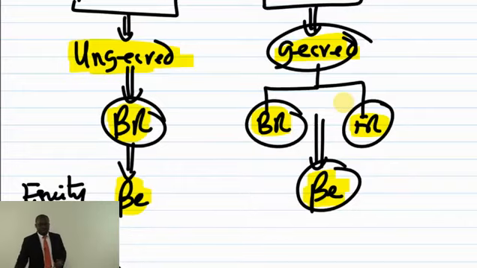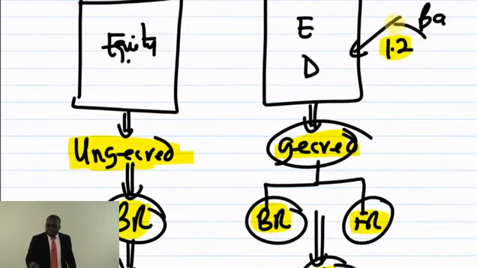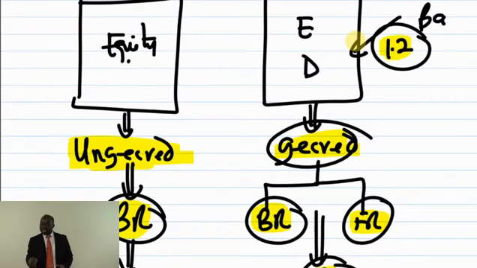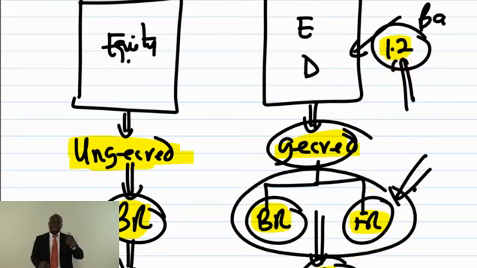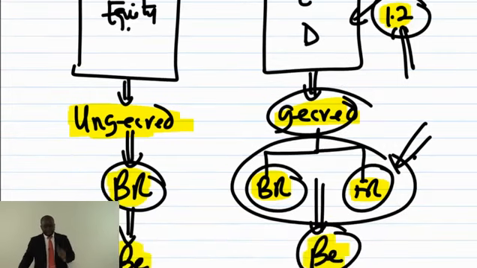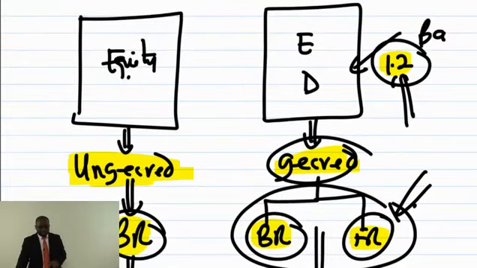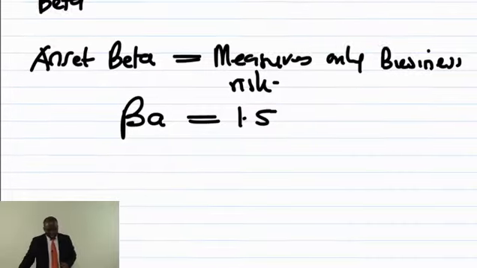So what should I do? I can't say their whole risk is 1.2. I can't put 1.2 in the CAPM formula to calculate its cost of equity. This is where I would have to bring its financial risk in addition to that. When I bring in that addition, I will get their overall beta and put it in the cost of equity formula in the CAPM to calculate the cost of capital of this company. That is where you need to lead Miller and Modigliani.